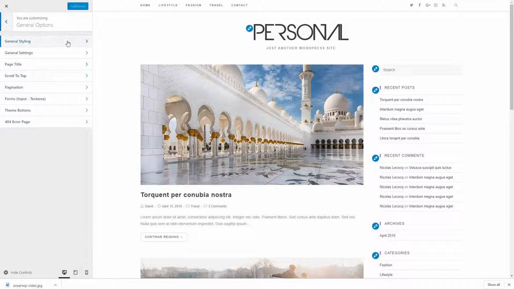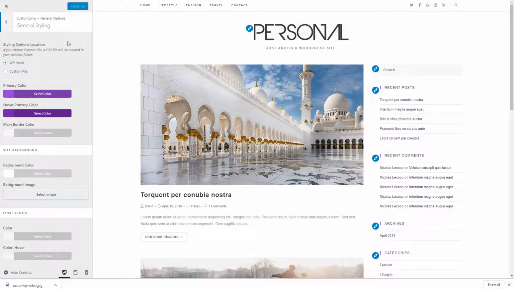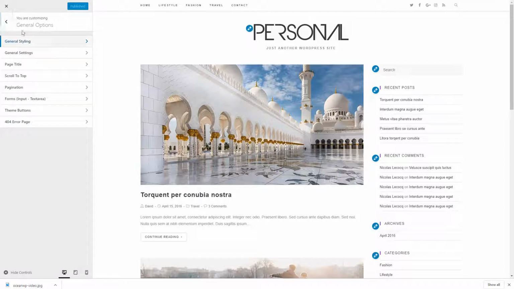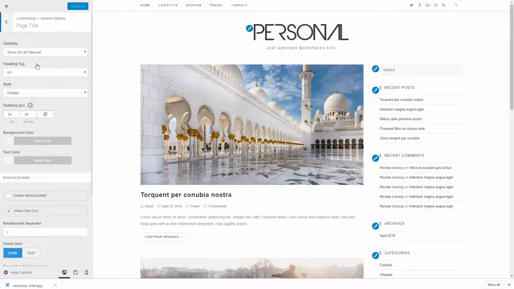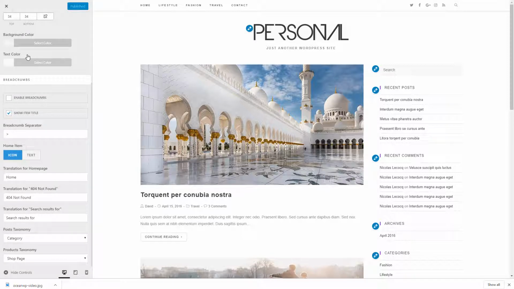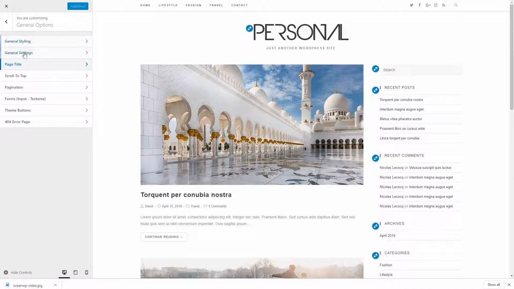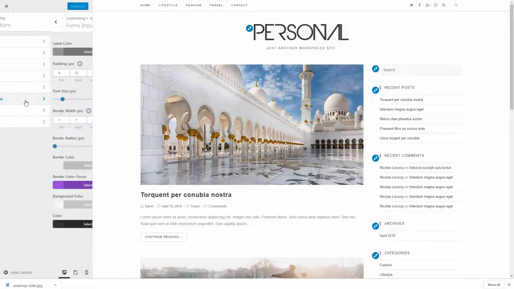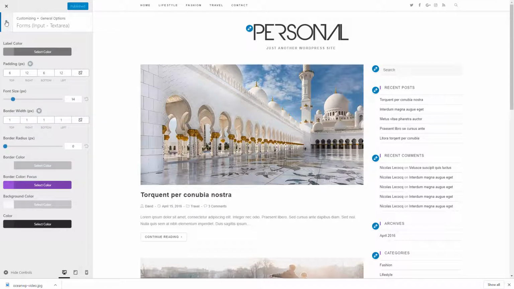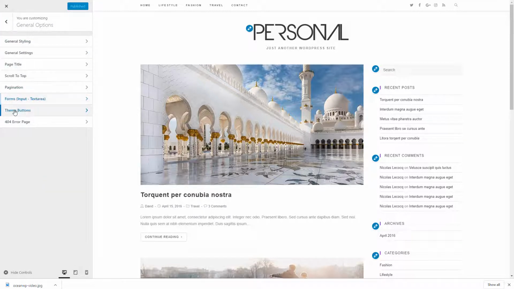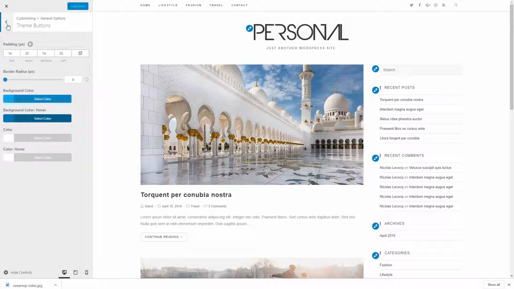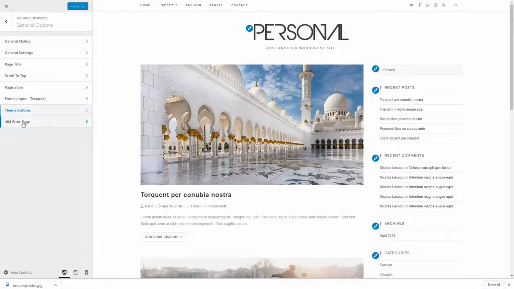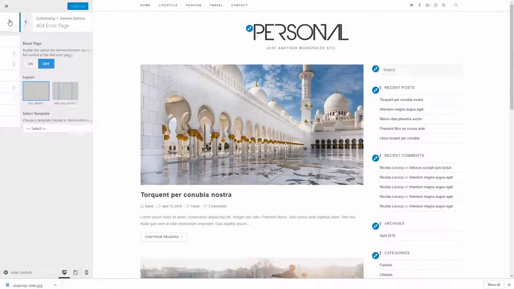Under general options, we have general styling, page title, scroll to top, pagination options, text area input fields, theme buttons, and 404 error page,